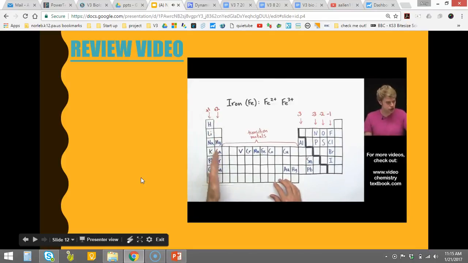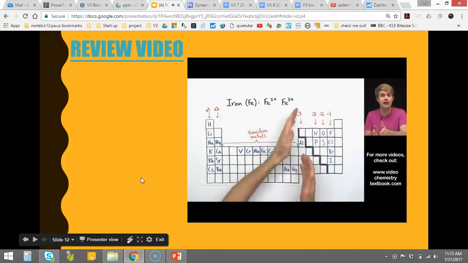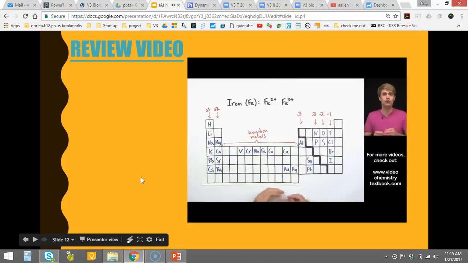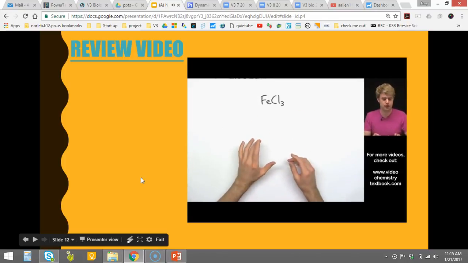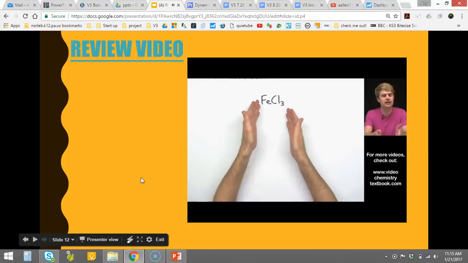Magnesium here is in this 2 plus column, so when it is in an ionic compound, it makes a 2 plus ion. But the transition metals can make a wide variety of different ions with different charges. Some of them can even make 4 or 5 different ions, each with a different charge. So these different charges on transition metals really come into play when we want to name a compound that contains